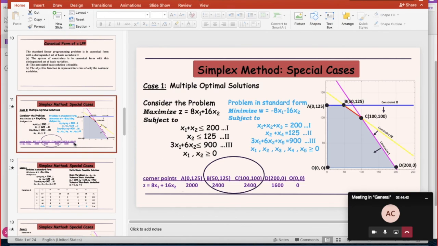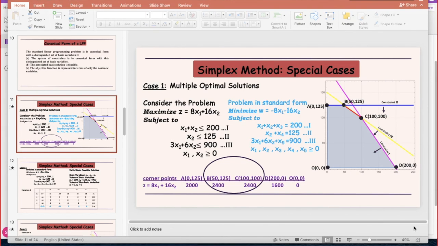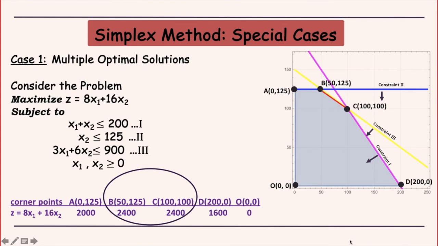So I think, did I discuss this multiple optimal solution case with you? How do you recognize that in a simplex table, in the end, that you have an alternate optimum also? Like here you can see graphically all points on this line segment including the corners are optimal solutions to this particular problem. Okay, that graphically you can make out because it is having the maximum value of z 2400, and everything in between will also have the same value.